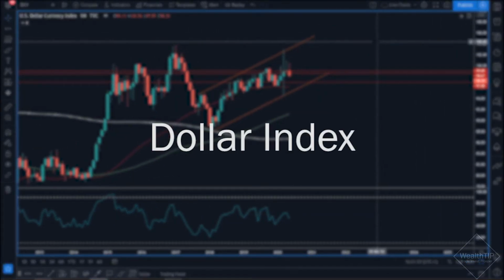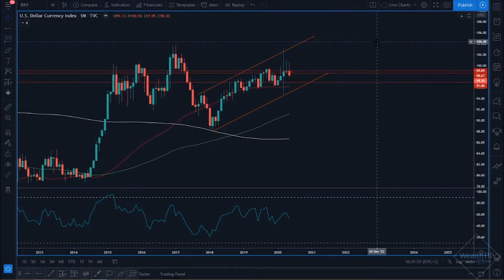Just before we continue, I want to put this on record. I'm sure most of you know it already, but when we talk about the dollar index, we're talking about all the major pairs going against the dollar. The pairs such as the euro dollar, the Canadian dollar, the pound dollar, the Australian dollar, and the Swiss franc, all being paired against the dollar itself. The dollar index is a basket of all the major pairs at different ratios, and ultimately they're all being paired against the dollar.